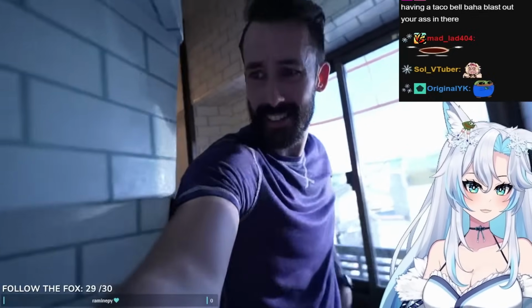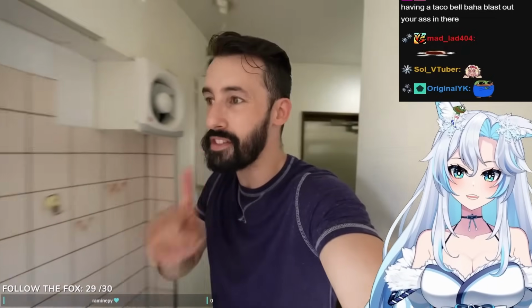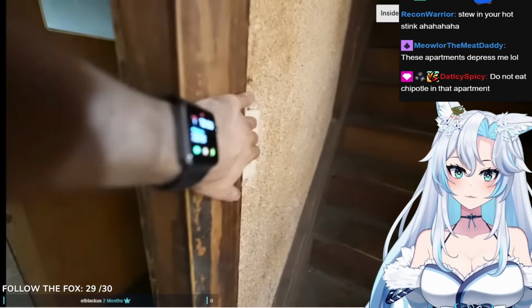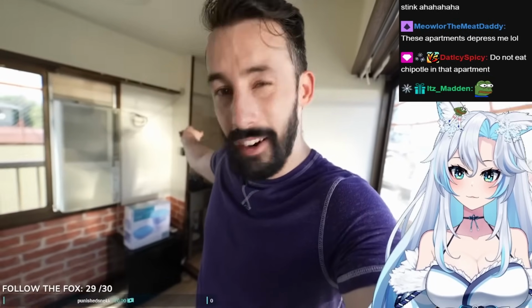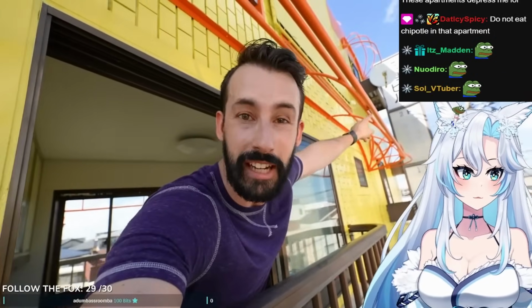Those are the warnings that I got. Now, I've only ever gotten a warning like this one time before, and it was when I shot a video about a $100 apartment here in Tokyo, and I was recommended just not to approach the residents because they may not be friendly, welcoming, or even want to talk. And here, I wasn't really given a reason. They were like, it's probably a good idea if you just don't approach the residents. Mind you, this building itself is actually fairly well known. The sign is kind of blocked right now, but it's called the